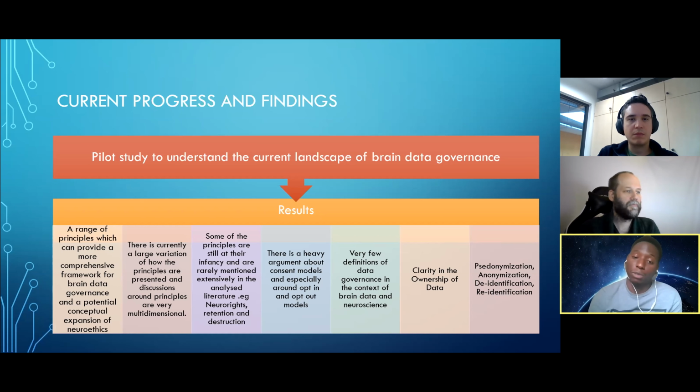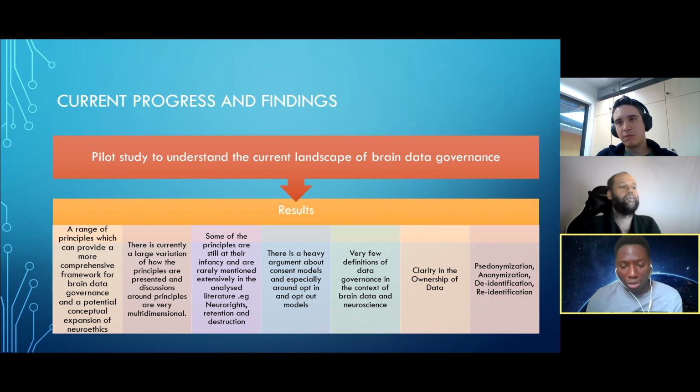For example, the principle of neural rights. Some of us might know that Chile has actually enacted a neural rights law. So perhaps the discussion around neural rights needs to be advanced more to see how other jurisdictions might look at neural rights. And even if they do that, will the power of neural rights be owned only by the government, or will civil societies and researchers be involved in developing some of the guidelines?